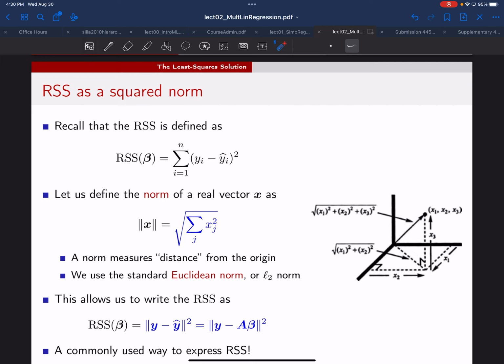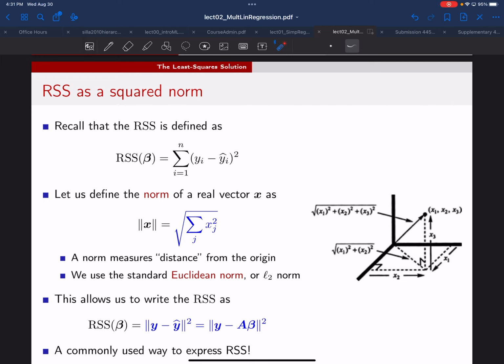So this is the RSS that we had on the previous page. It's just the sum of the squared differences. And this might look familiar to some of you. If you think about the norm of a vector, in linear algebra a norm is just a way of measuring the length of a vector. There are different ways to measure lengths of vectors. The one we're most commonly used to is the Euclidean norm, which is just the straight line distance between 2 points. But we'll talk about other norms later,